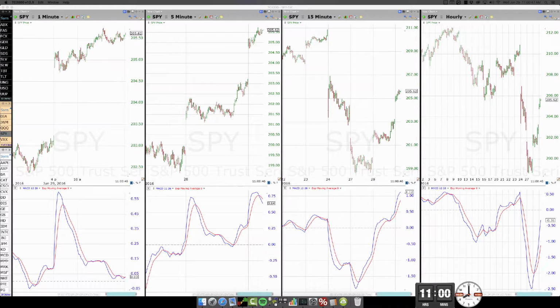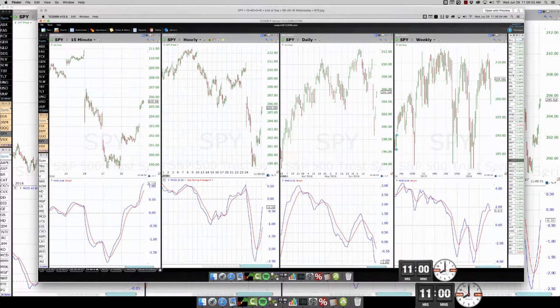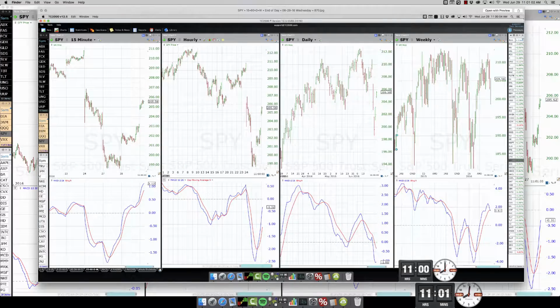Take a look at the 60-minute time lapse from 10 to 11. The 60 advances higher, the price moves a little bit. The weekly contracts a little bit. The daily turns off slightly. It's a pullback. It's a pullback on trend. Trust me. It will come back down again, and it will come back down again with force.